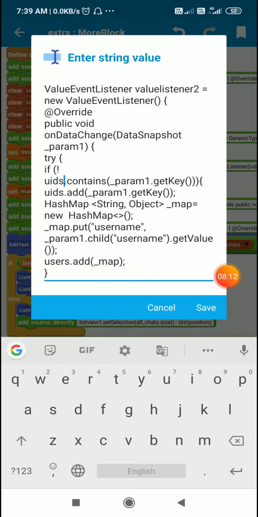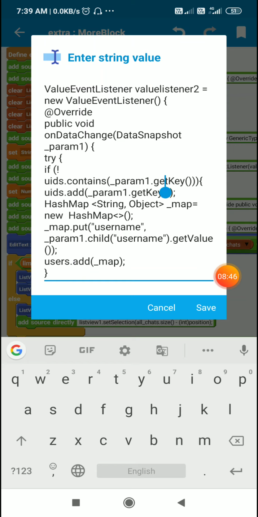So if this list string UIDs contains the UID of the user, means if it doesn't contain, if not the UIDs contains the UID of the user, then I get the UID and add it to list string UIDs, and I define a new map variable, put the key username value param1 dot child username dot get value, and add this map to list map users.